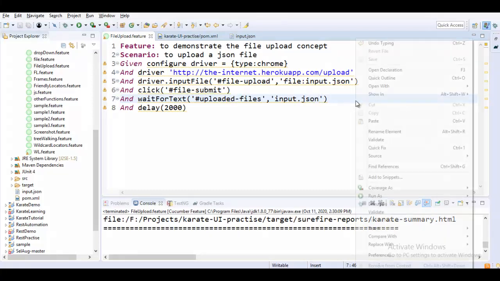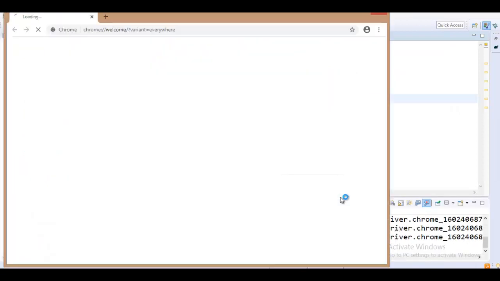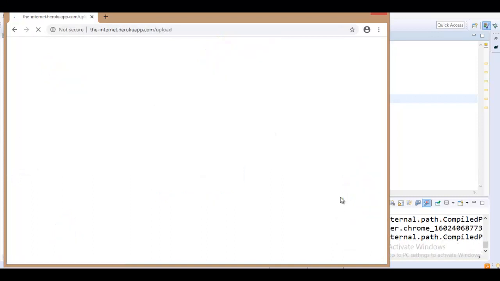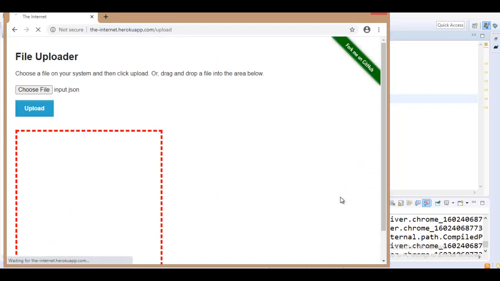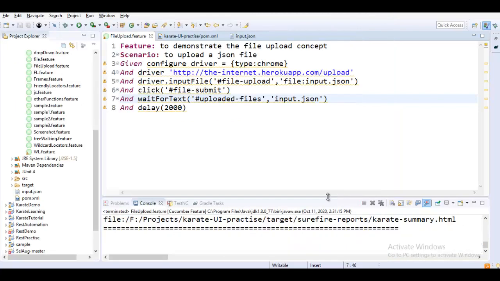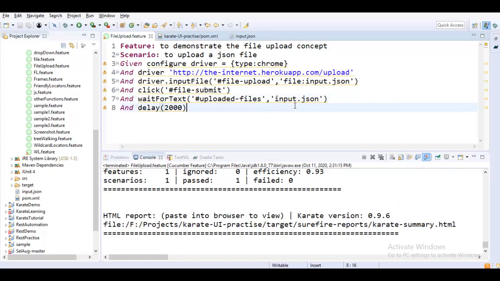That is the reason I'm waiting for that particular text. Let me run this file. It should launch the browser, navigate to the site, pick the file and then submit it finally. You can see that the file name has appeared, and this time we had some assertions too, and the test case passed.